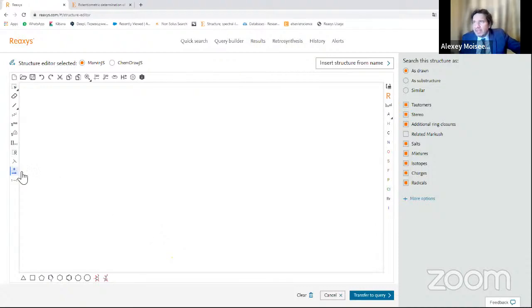If you place the substance after the arrow, it will find all the chemical reactions with this product. And if you place the substance above the arrow, Reaxys will find all the chemical reactions where this substance is a reagent or catalyst. If we click transfer to query, we will find all the reactions.